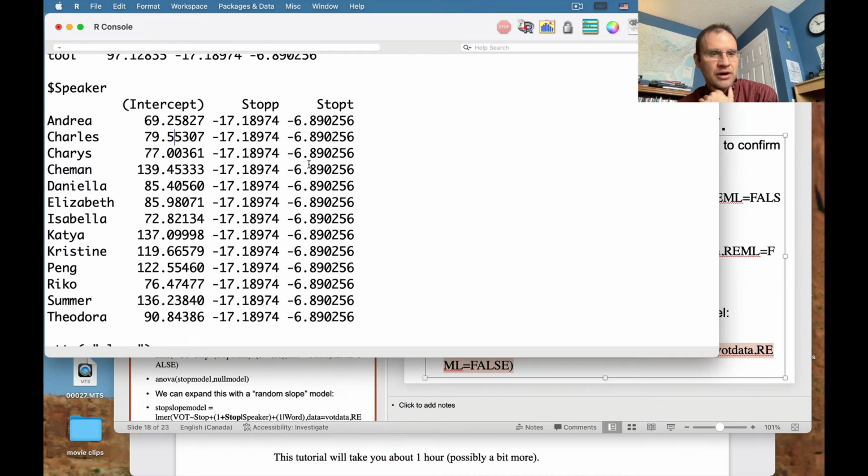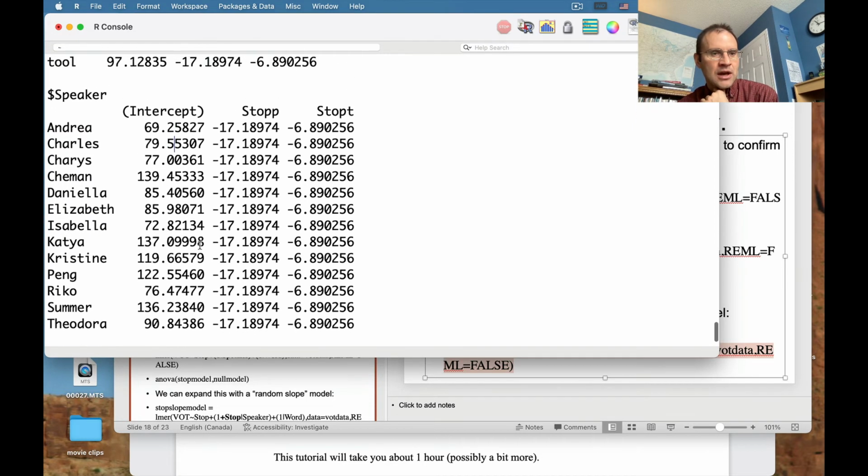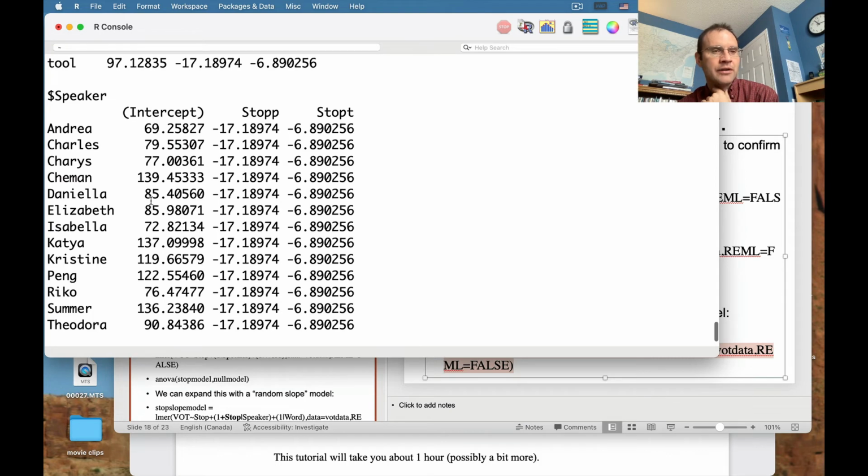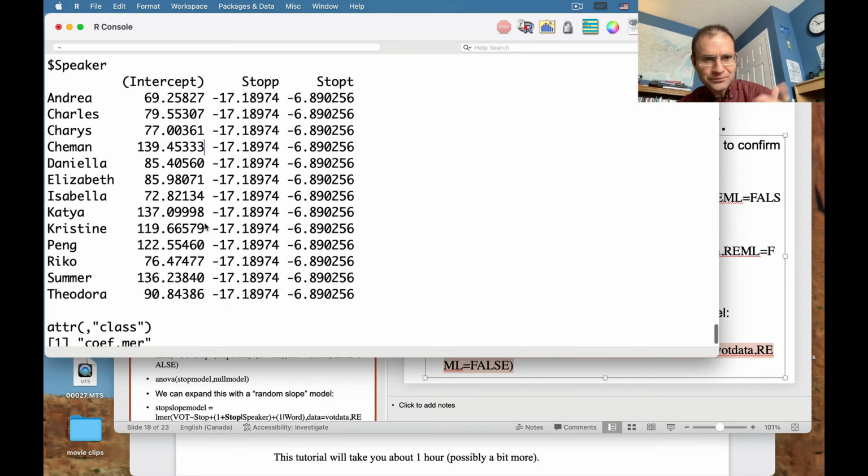And that's going to be the same across the board for every single one of these speakers. We're just kind of adjusting where our default VOT is. So like Chemon has a really high VOT. I guess Andrea has the lowest one. Maybe that's an influence of Spanish. I don't know. Anyways,